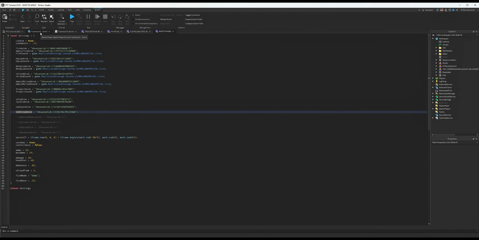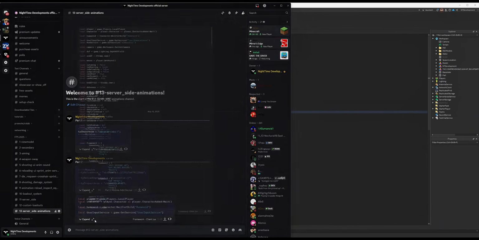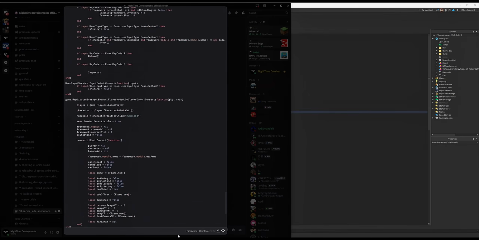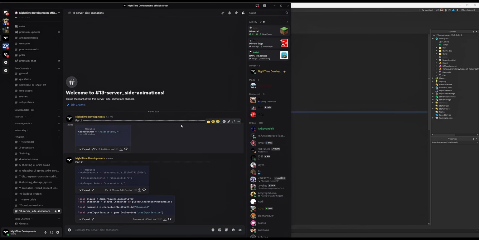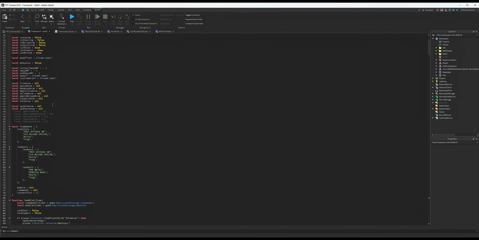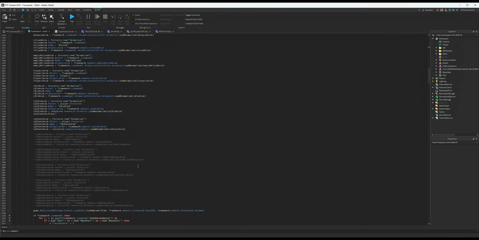Now, very important, go back to the Discord server. Go ahead and expand the client code, copy the whole entire thing. And this is the same drill as literally every other video that I have done before. Go ahead, go back to the game, open up the client code. Very important, don't forget to match the guns. Whatever your gun name is here, what I would recommend doing is literally just take this part here, copy it and paste it somewhere in like a notepad, and then do the same exact thing for wherever the